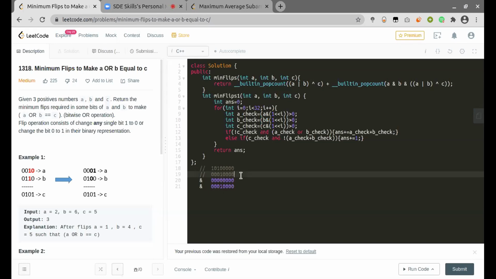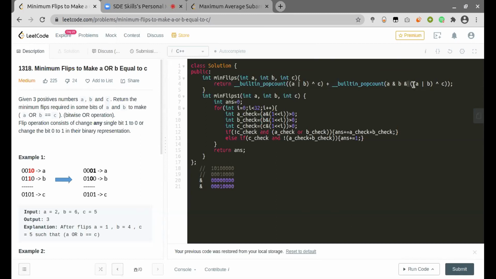So we just need to count the total number of set bits in that number. But again, there will be one issue arising where the bit in C would be 0, but both the bits in A and B would be set to 1. So in that case, to check that condition, we just need to AND A and B with the previous value.